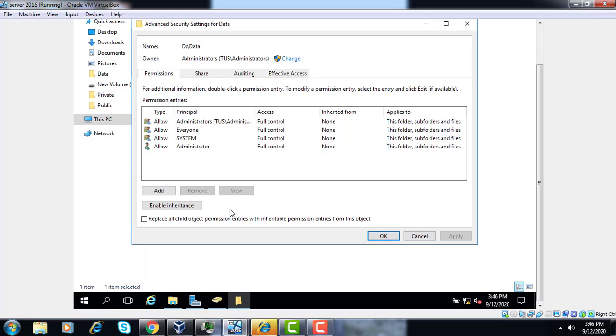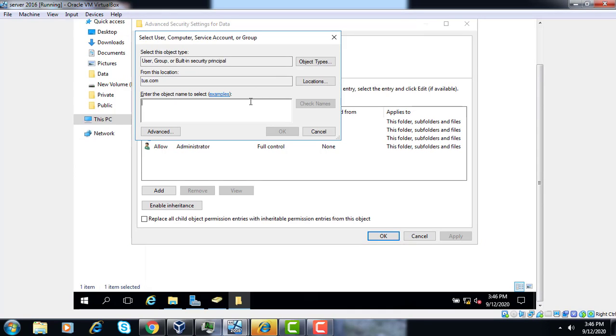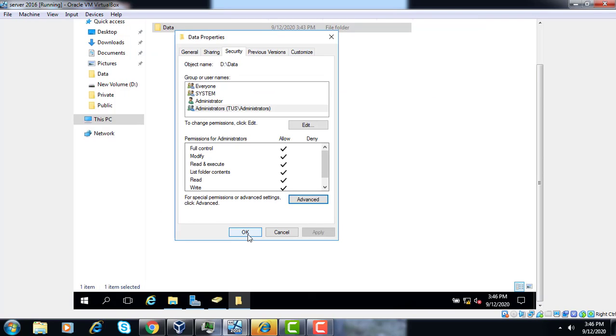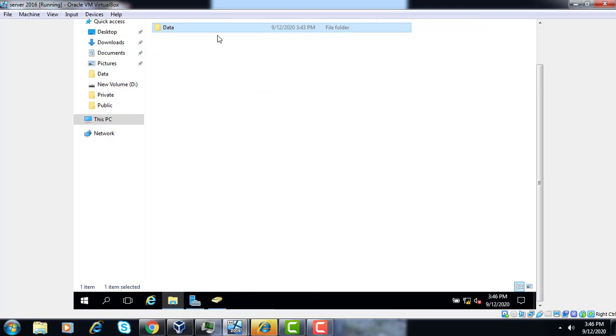You can change the ownership; suppose we want to make test1 the owner, we can write test1 and set the owner to test1. Now click Yes.